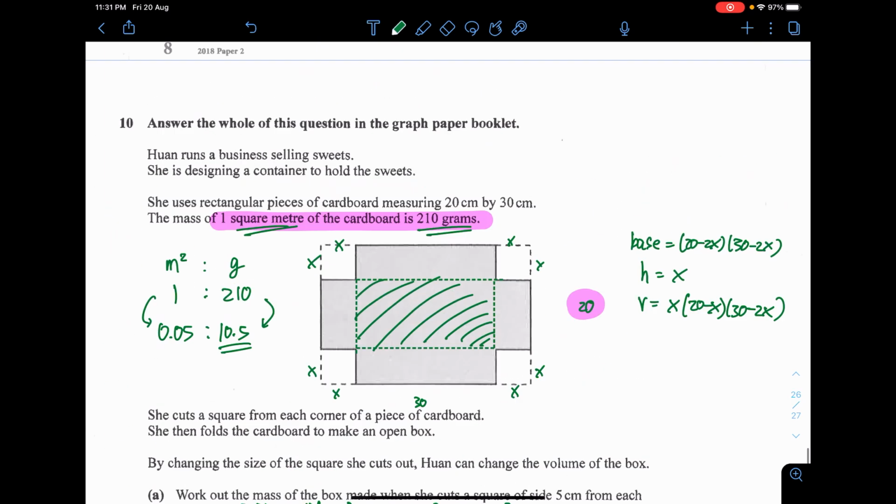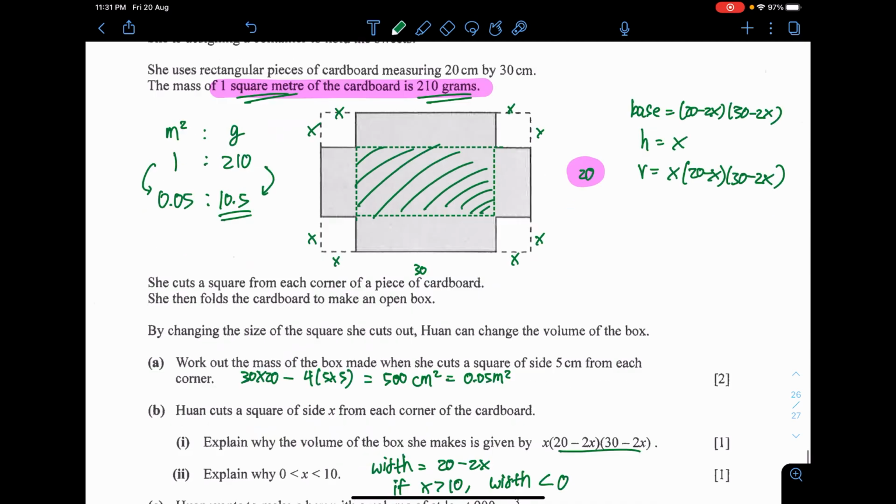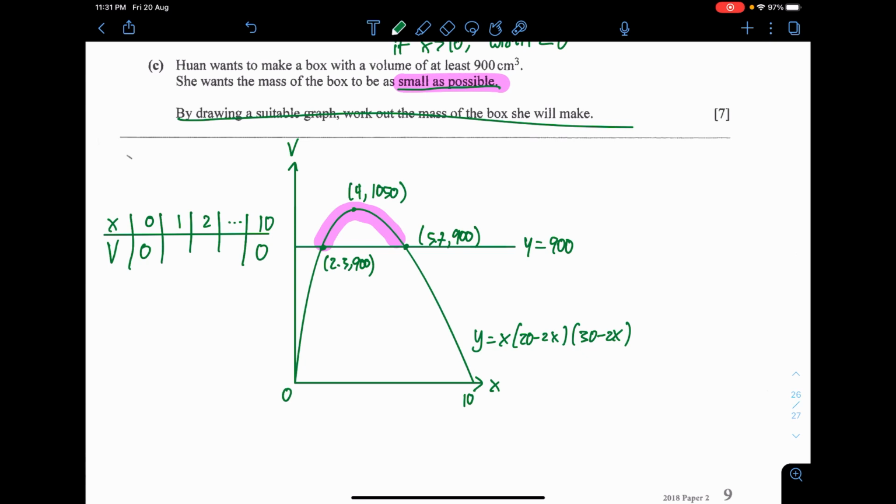Now, it's quite logical what you need to think. Remember, this question is about you having a rectangle and you cut them. You dispose of a certain part of the rectangle. Meaning to say, if you want the lightest box where it still holds the volume of 900, the part that you need to take is this location here, when x is 5.7. This is the greatest value of x that you can cut and you still maintain the volume of 900 or greater. This is the value of x that you need to take.